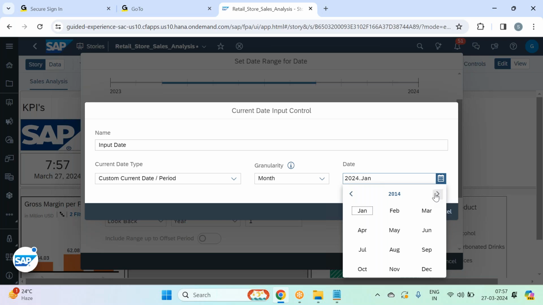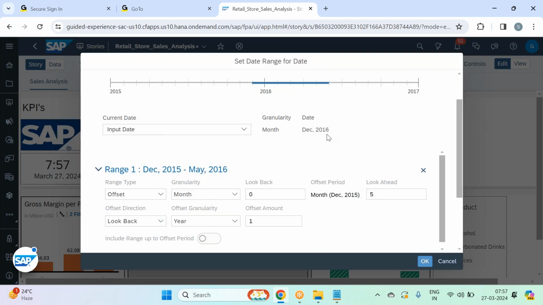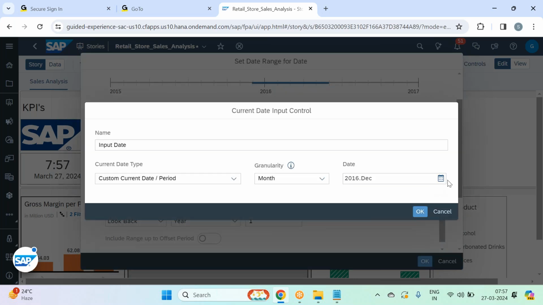I have the data for 2014, 2015, and 2016, guys, so I'll take December 2016. Right now I go with an input date. The user can change this date at any given point of time. This is the default value I gave. The user can change it. I gave a manual default value, but maybe if I go edit this input date,